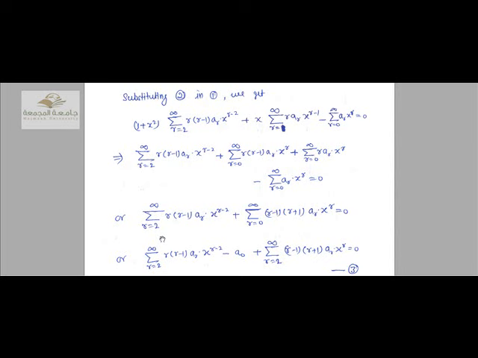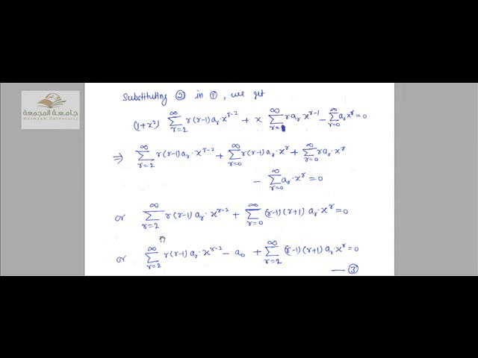This implies summation r is equal to 2 to infinity r(r minus 1) a_r x to the power r minus 2 plus summation r is equal to 0 to infinity r(r minus 1) a_r x to the power r plus summation r is equal to 0 to infinity r a_r x to the power r minus summation r is equal to 0 to infinity a_r x to the power r, which is equal to 0, or summation r is equal to 2 to infinity r(r minus 1) a_r x to the power r minus 2 plus summation r is equal to 0 to infinity (r minus 1)(r plus 1) a_r x to the power r,